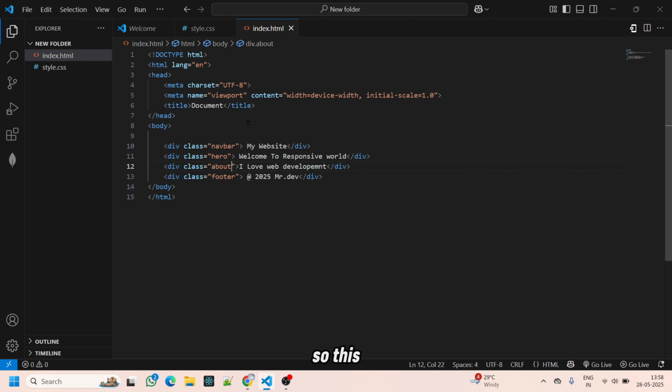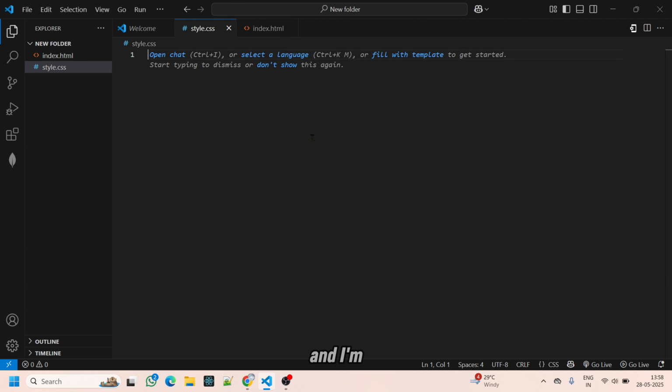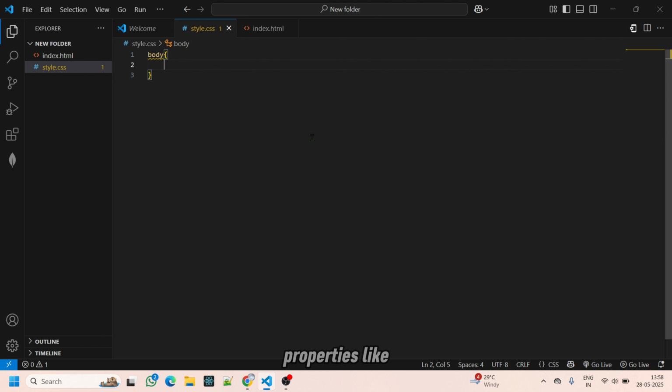About. So this is the HTML structure we have taken for a beginner, and it is just for practicing purpose. Now let's take style.css, and I'm going to write the properties like margin